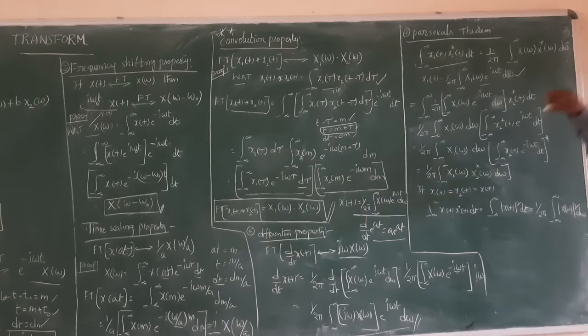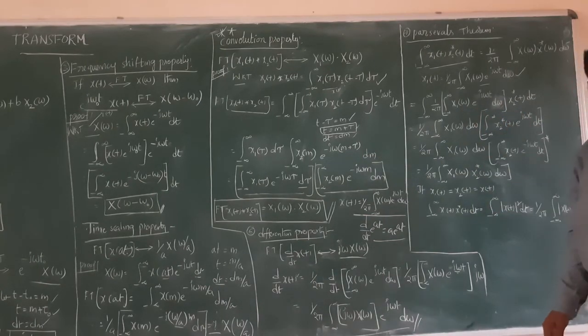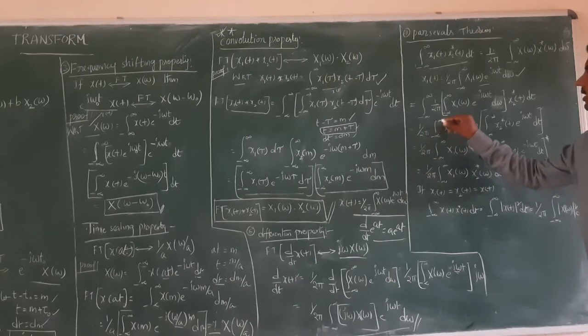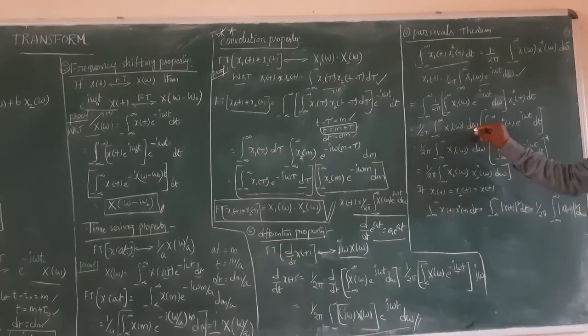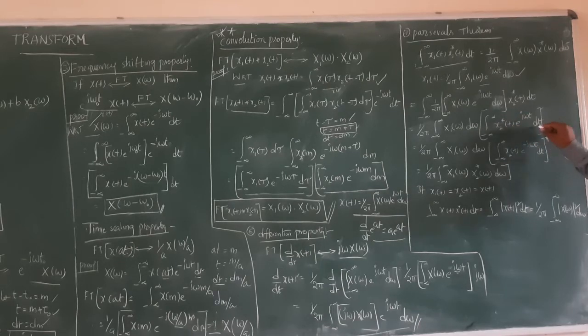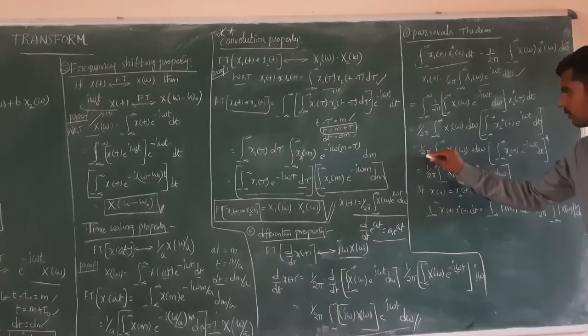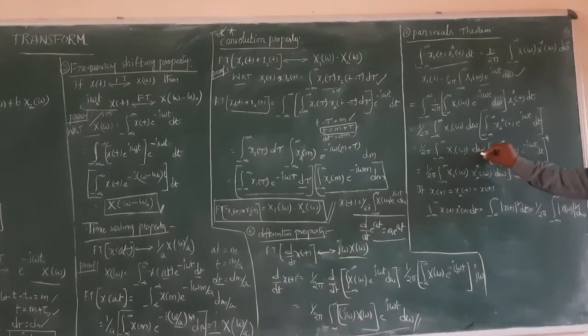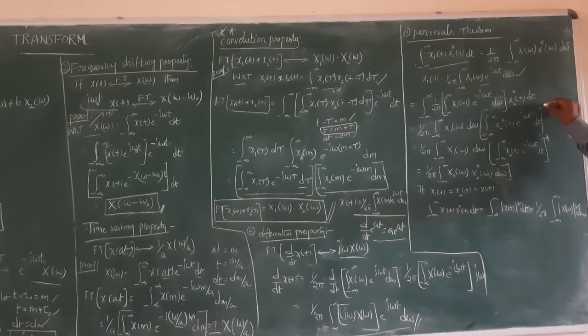Now, guys, you have to separate the omega variables in one integration and the second in another integration. By changing the corresponding order of the integrations and corresponding variables, we will get 1 by 2 pi integral minus infinity to infinity x1 of omega into d omega. Second part is nothing but integral minus infinity to infinity x2 conjugate of omega into e power j omega t into dt, guys. Next thing, here also same thing, 1 by 2 pi integral minus infinity to infinity x1 of omega into d omega.